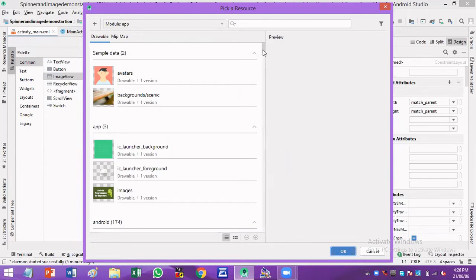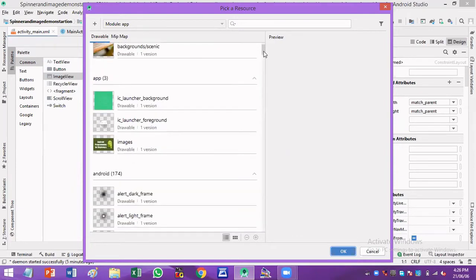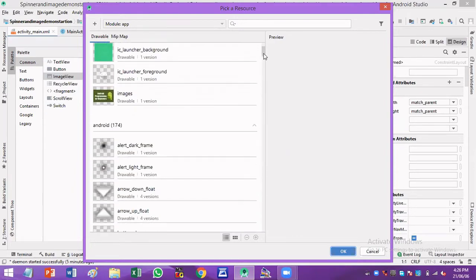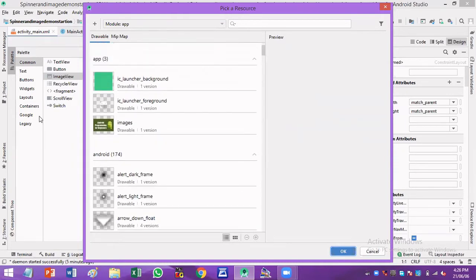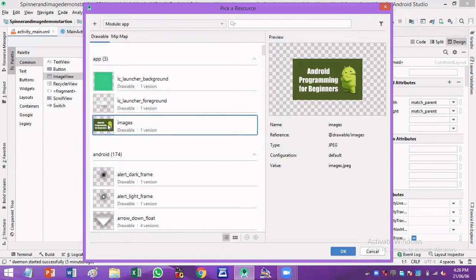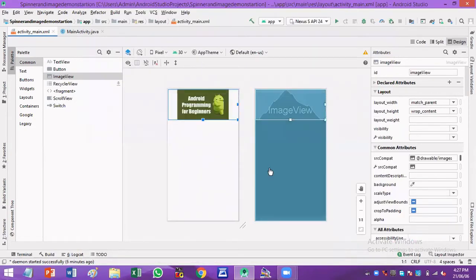In this, you have to select the image that you want to place in that image view. So here you can see I have inserted an image called images into this drawable folder. I'm selecting this image and I'll be clicking OK. So you can see the image has been placed. You can adjust the image according to your requirement.